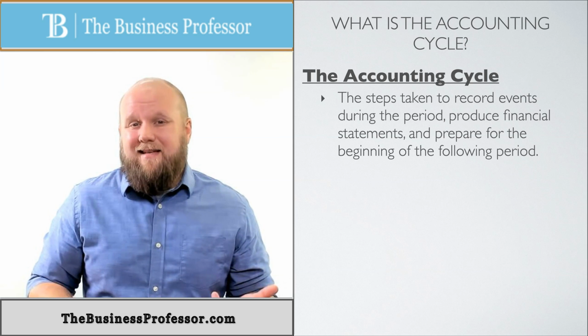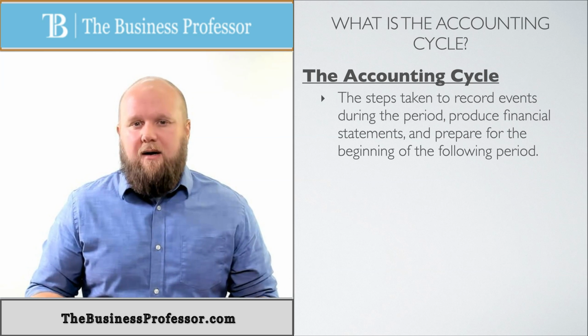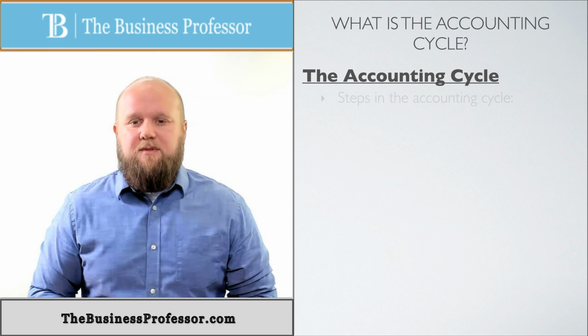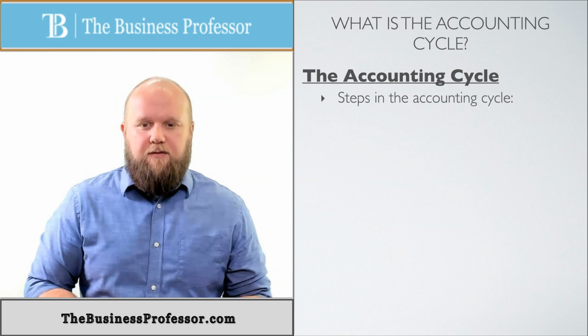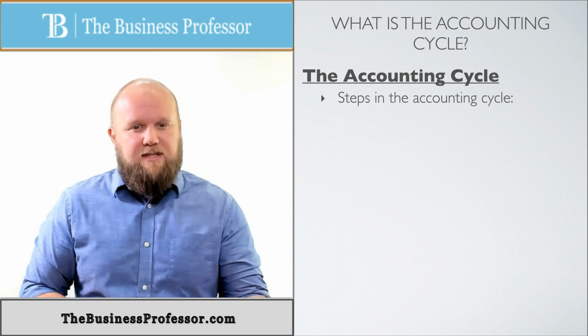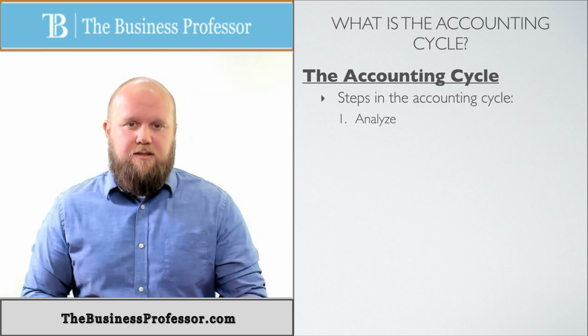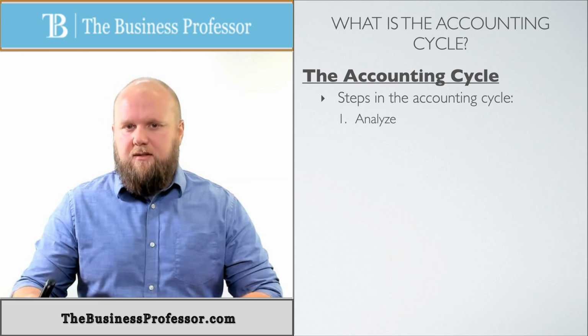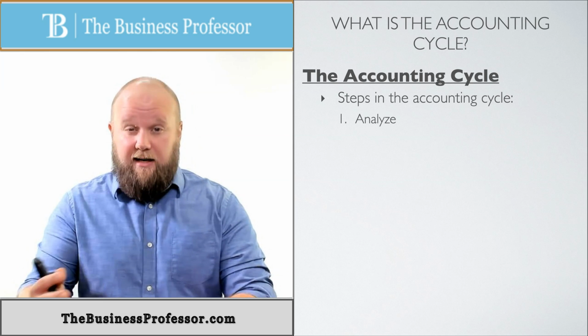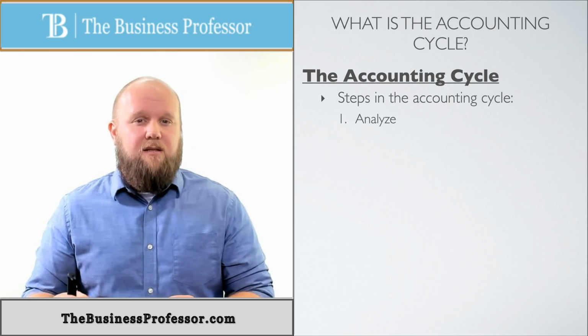And there's about 10 steps to it, give or take, depending on how it's set up. But these are the 10 steps that you would see. So first and foremost, if you remember the identify side, it kind of runs hand in hand with that, and that is to analyze. I need to analyze what transactions are being affected, what goes up, what goes down, all this kind of good stuff. Do I need to record it? That kind of stuff. That is the first step.